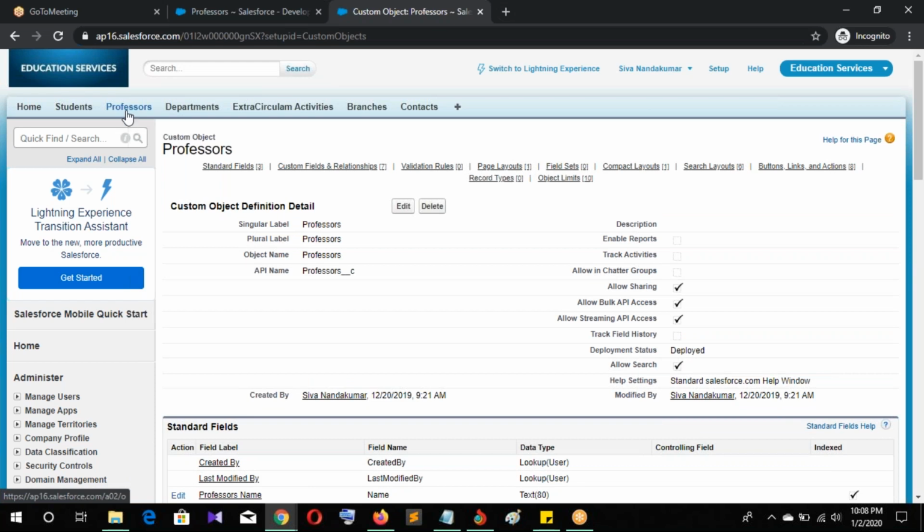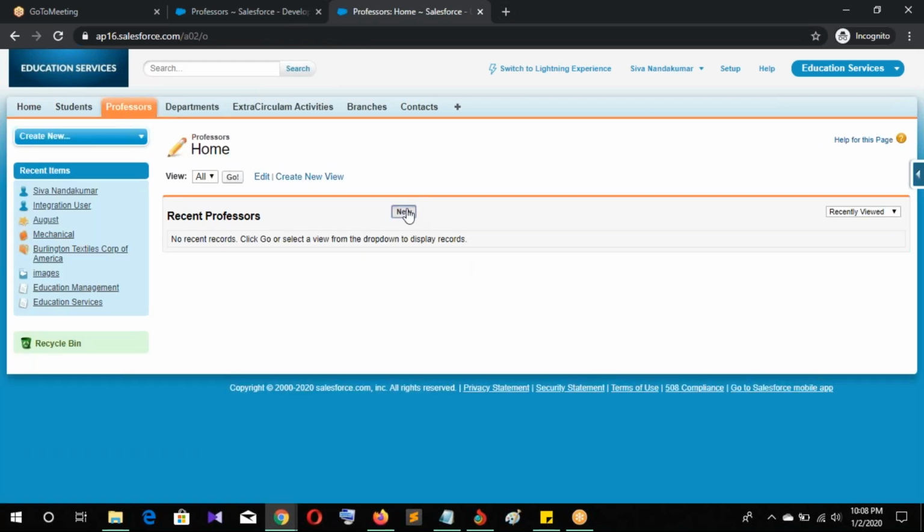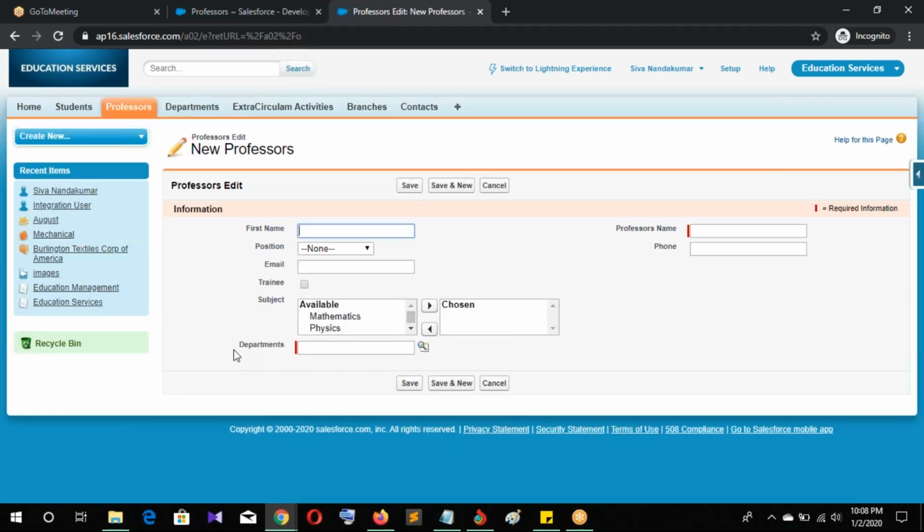So let's go for the professors. New. See, department is there now. As I told you earlier, the master detail field is a required field.